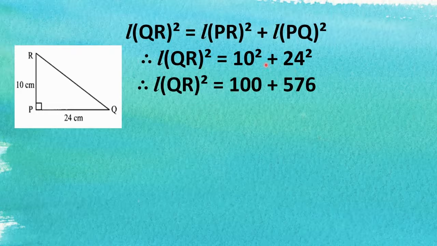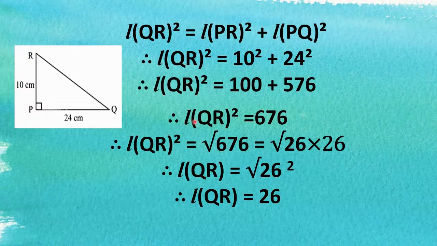10 square is 100 and 24 square is 576. Therefore, length of QR square is equal to 100 plus 576. When we add, we will get length of QR square is equal to 676. Now we have to find the length of QR, and here we have length of QR square is equal to